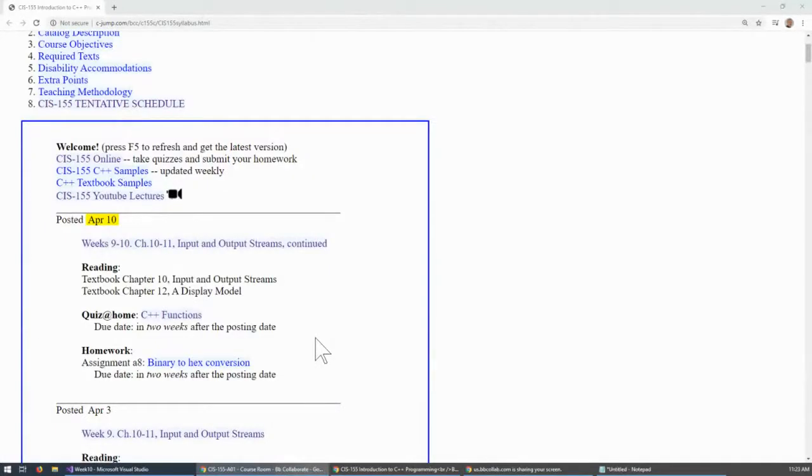Good morning. This week we're going to continue covering our material with respect to input and output streams using file system, and also covering the issues related to the next homework. So this is our latest posting here. I'm going to jump to